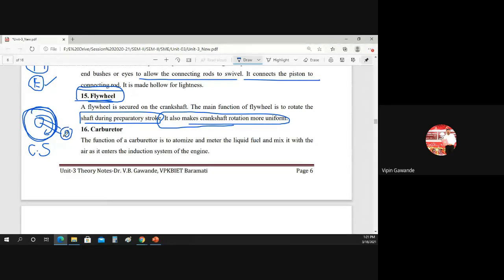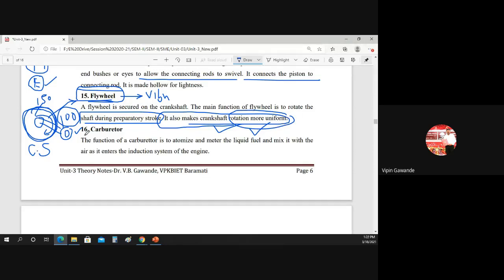दॅट मीन्स जर आपल्याला व्हील 100 RPM न रोटेट करायची असेल, तर की क्रँकशाफ्ट जरी 150 ला रोटेट करत असेल तरी पण तो फ्लायव्हील काय करतो, इट विल अलाउ इट टू रोटेट ॲट 100 RPM. Okay, so we'll get uniform RPM on the wheel. So flywheel, it reduces the vibration and provide uniform rotation. So main function of the flywheel is to what? Is to provide a uniform rotation to the wheel.